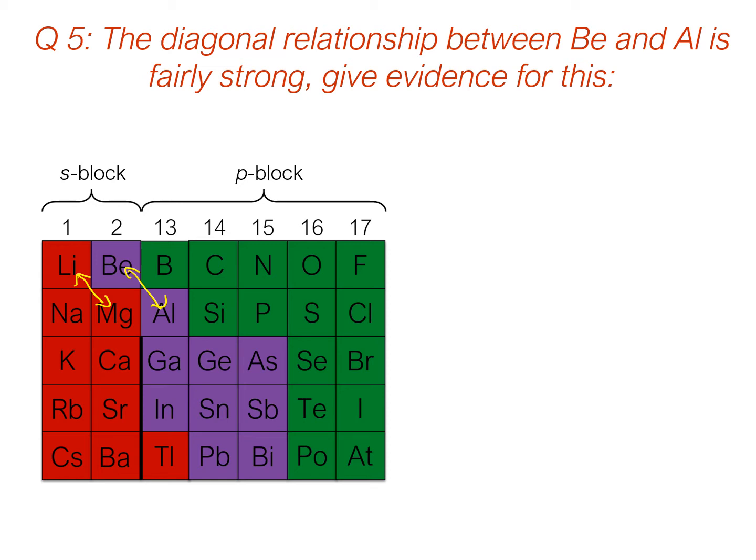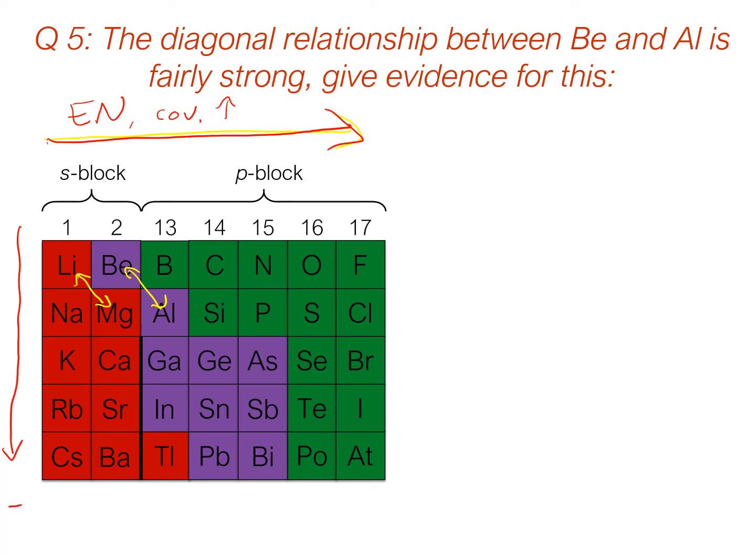And the rationale behind this is that as we go across a period, I'll change this to red actually, that'll be much easier to see. So if we go across a period, electronegativity increases and the covalent character of bonding increases. And as we go down the group, these things decrease, the electronegativity and the covalent character of bonding decreases. Therefore, as we go down and they decrease, and then across and they increase, it means that elements diagonal to each other kind of end up with similar electronegativities and amount of covalency, and they therefore behave rather similarly to